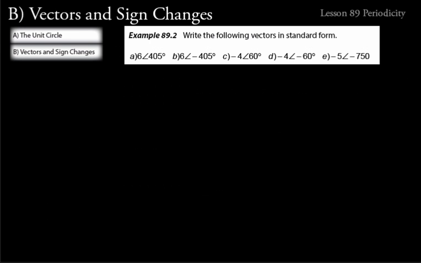We've got several examples here, A, B, C, D, and E. Write those vectors that have been given in standard form. That means positive magnitude, simplest coterminal angle. And we can solve all of these in 2 steps. First step is to locate the angle and record the smallest positive value that represents it. Then step 2 is, if the magnitude's negative, reflect it 180 degrees and write the vector in standard form. If the magnitude's positive, then you don't have to do anything else to it.